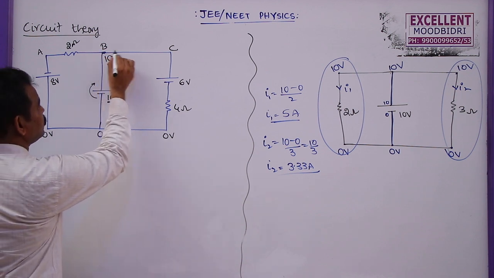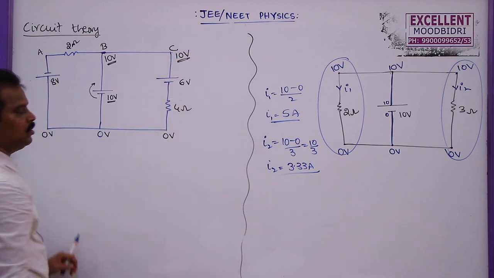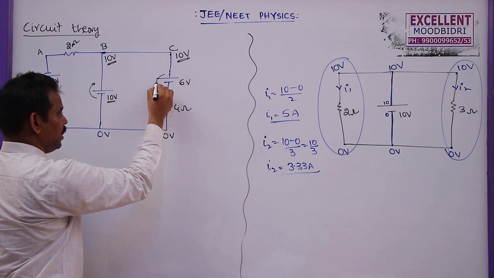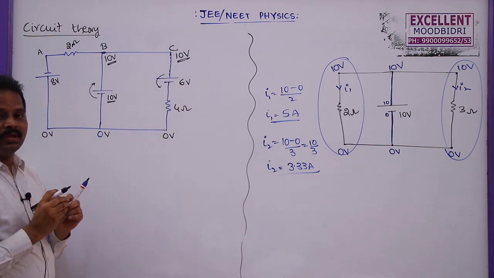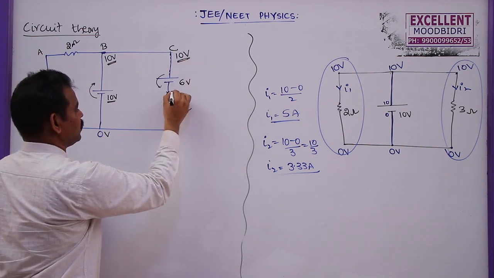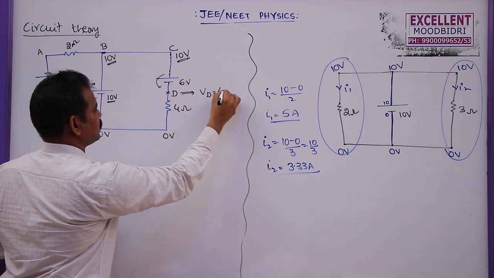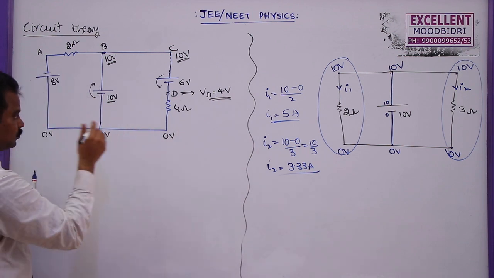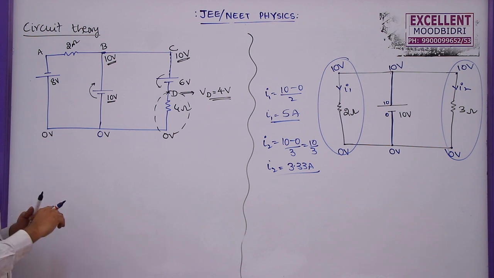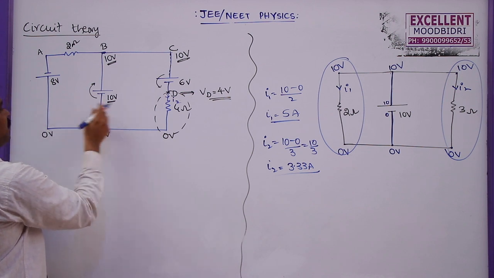Now, as there is no resistance between B and C, the potential at C is also 10 volts only. Now, as we are moving down, here I am jumping to negative, so the potential decreases by 6 volts. So 10 minus 6. Let me take the point here. The potential at D will be 10 minus 6, so this is 4 volts. So I know the potential difference between these two points, so I can find the current passing through this one. I will take this as I2.